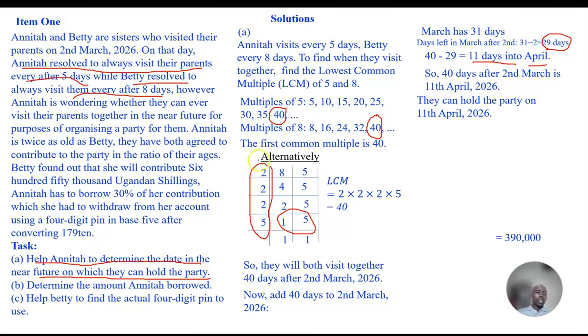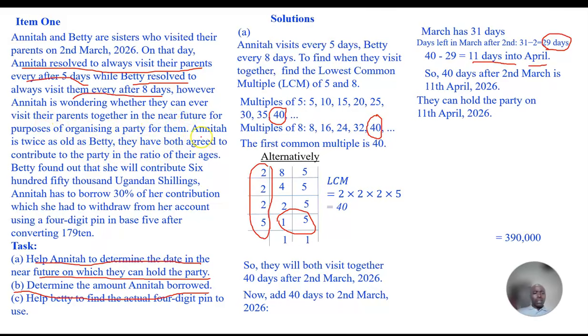So that was part A. We come back to part B. Part B is here. They are saying determine the amount Anita borrowed. Determine the amount of money Anita borrowed. So, the amount of money Anita borrowed. You come back to the scenario. They are saying